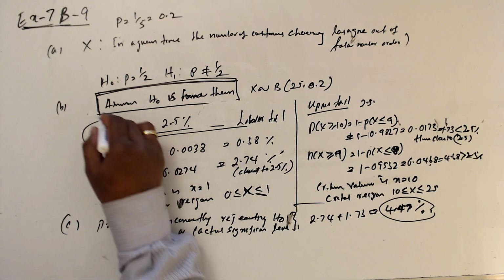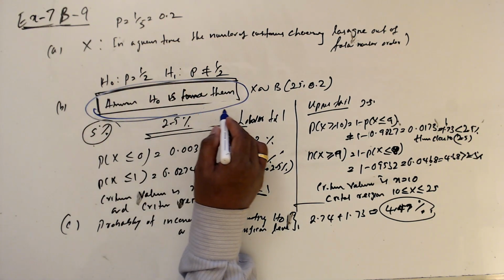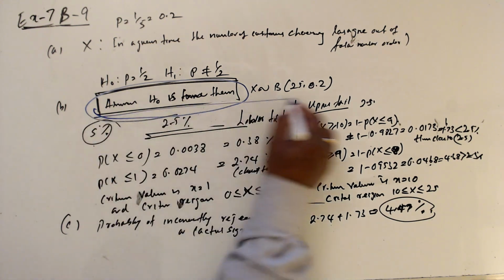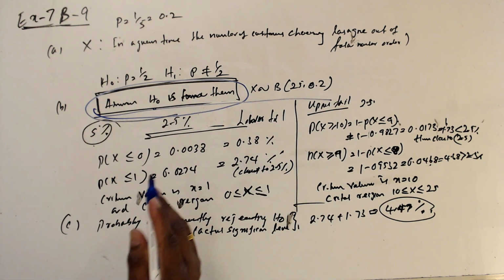If I revise again, this is so important: assume H0 is true, because all hypothesis tests depend on this assumption. Assume H0 is true, then